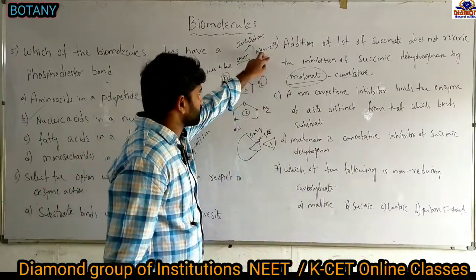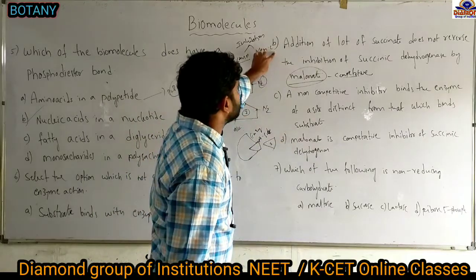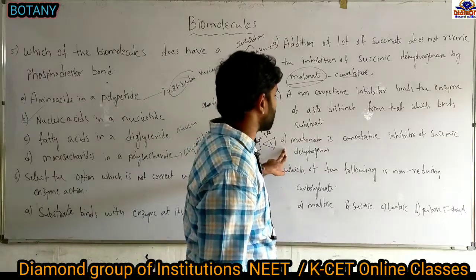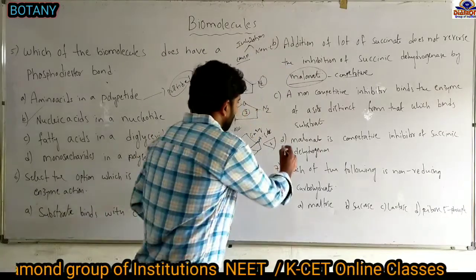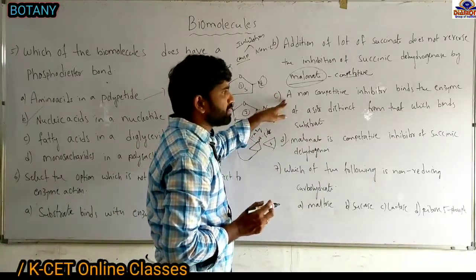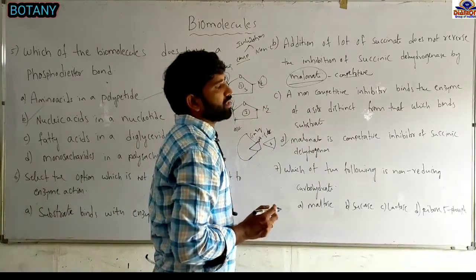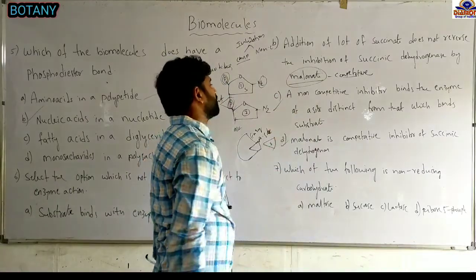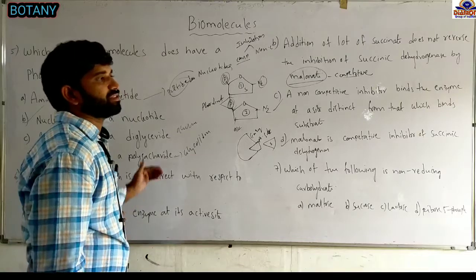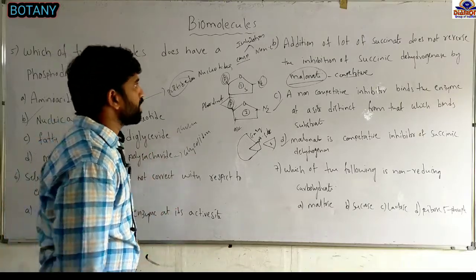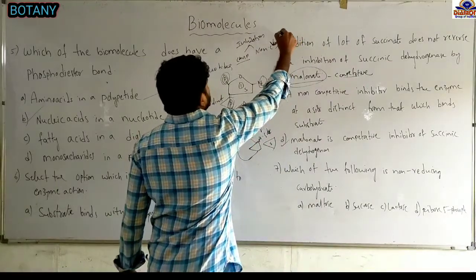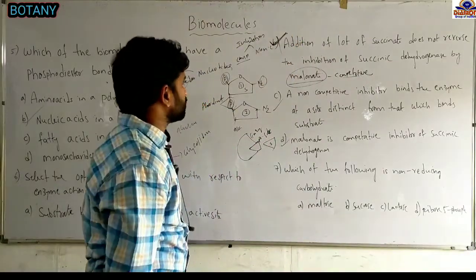So here we only discussed options B and D. In option B they gave the reverse, and D is separate. Malonate is a competitive inhibitor of the succinic acid dehydrogenase enzyme. Option D is the correct statement. And option C, in non-competitive inhibition, substrates bind into the active site of the enzyme. C also is correct. And option A, substrate binds with the active site of the enzyme. This is the first step of enzyme action. Option A is also correct. The incorrect statement is B only. Answer is B. In the next question,